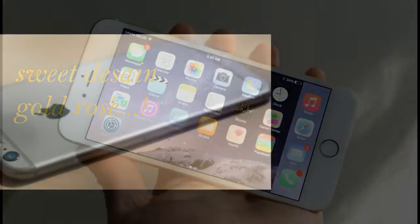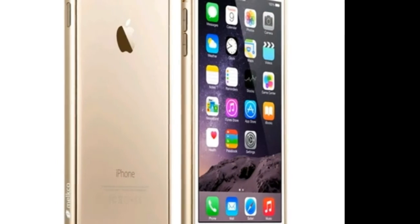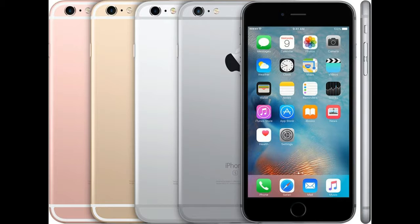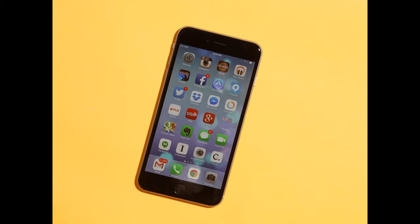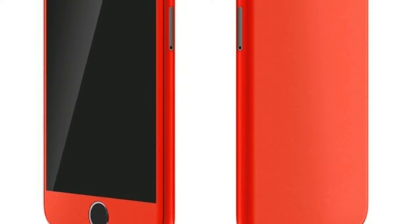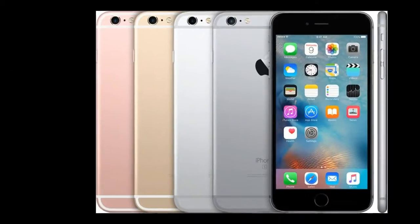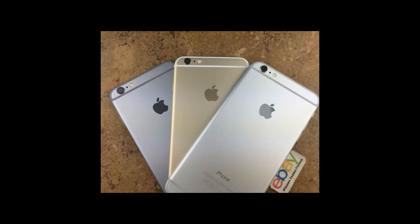Key features: metal unibody, 7.1mm slim, 172 g of weight, LTE connectivity Cat 4, 150 Mbps downlink, 5.5" 1080x1920 LED backlit IPS LCD with 401 ppi pixel density, Apple iOS 8 with iPad-like split screen functionality, dual-core 1.4 GHz Apple A8 chipset, M8 motion coprocessor, PowerVR GX 6450 GPU, 1 GB of RAM,